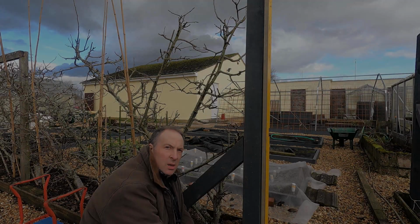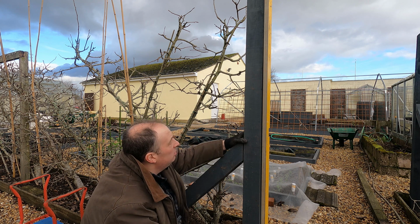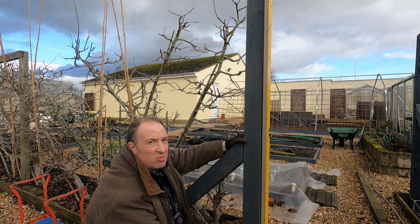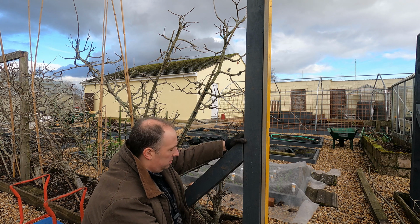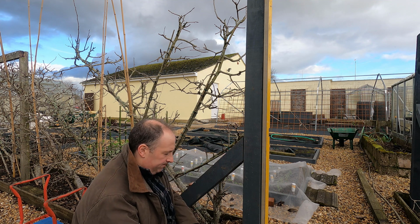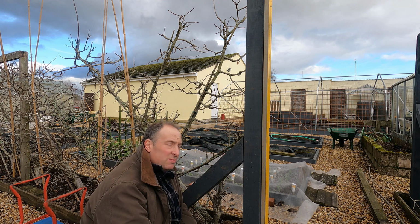So this part of the job is always a bit of a pain. These posts aren't great, to be honest. They're not a uniform thickness. The wood is twisted. It's not really very straight. And all of that, combined with the fact that I'm trying to stick it into a couple of old holes in the ground, means that it doesn't line up perfectly well. And it's not quite as accurate as I'd like. But at the end of the day, we're in a kitchen garden, so it really doesn't matter that much